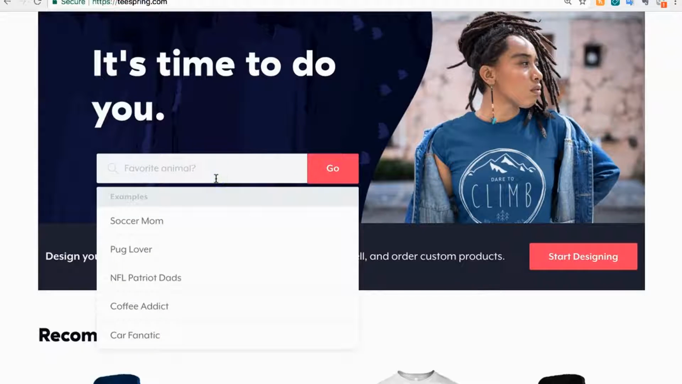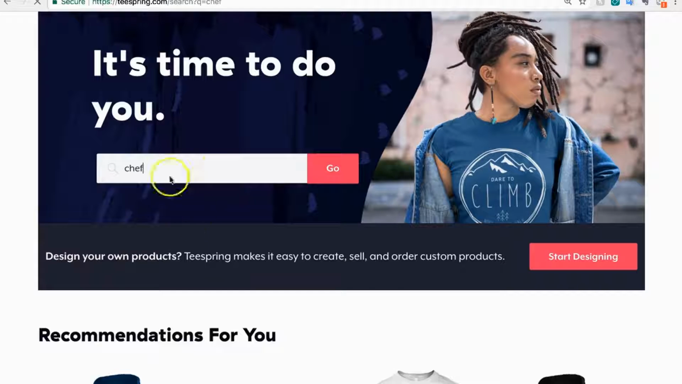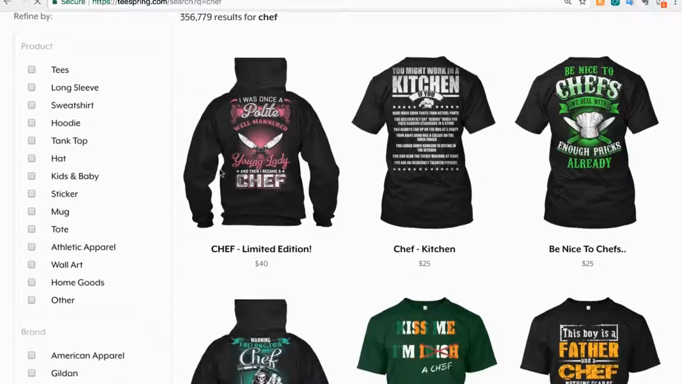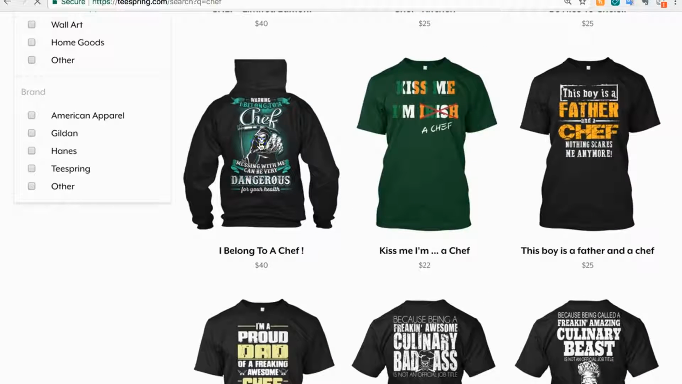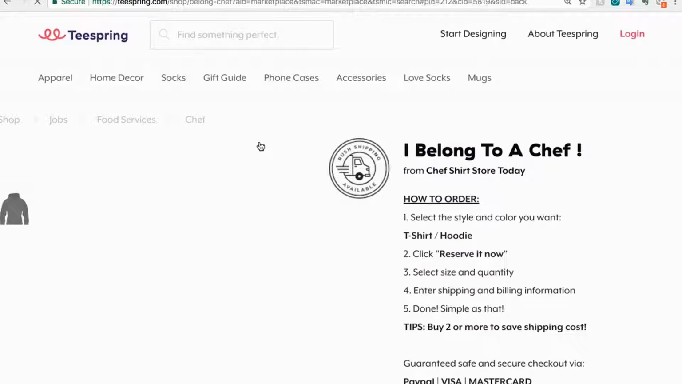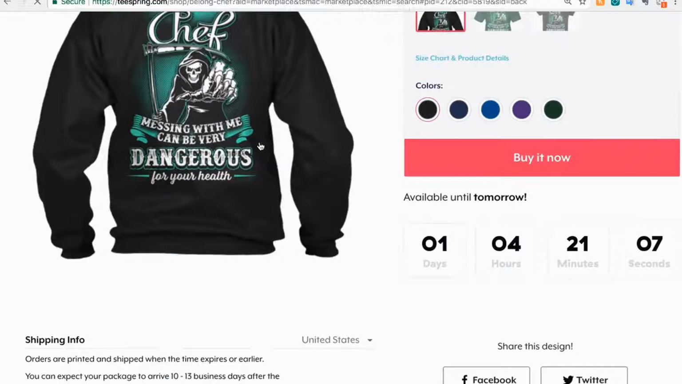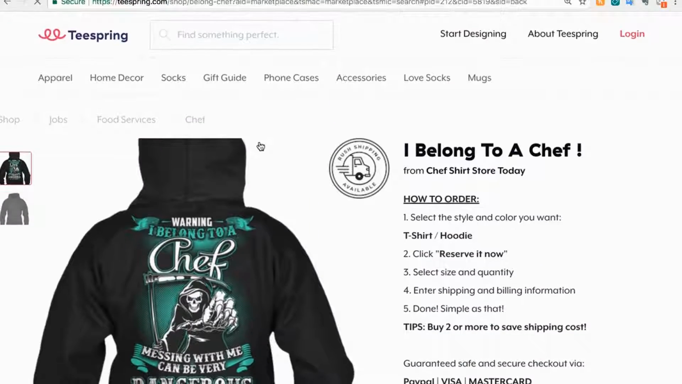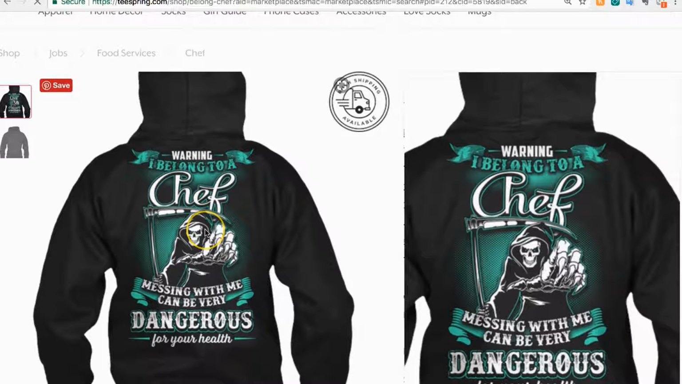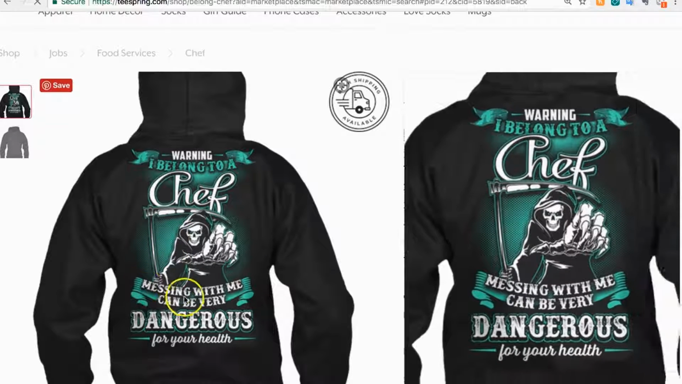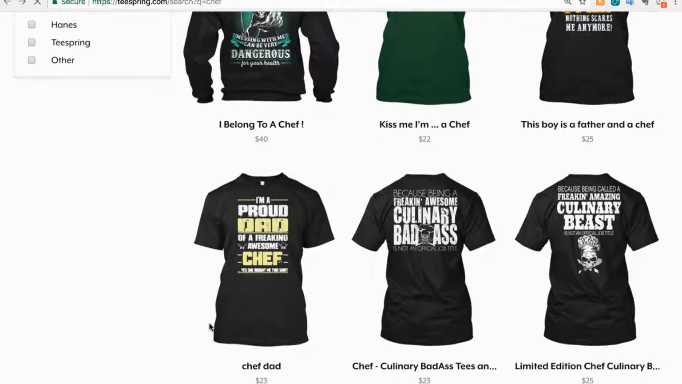By the way, what I did was I went here and found some designs related to the chef. I just selected chef and found some designs that were really eye-catchy. So I wanted to try that out to see if it has any market. I targeted people who are actual chefs and who would be passionate about this design. For example, it says warning, I belong to a chef. So you can target somebody who is the wife of a chef. Messing with me can be very dangerous, right? So this is not really targetable, but